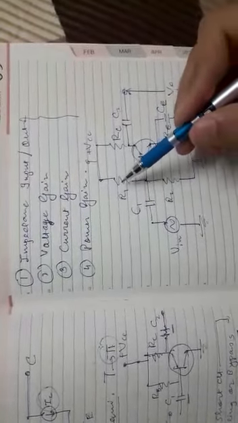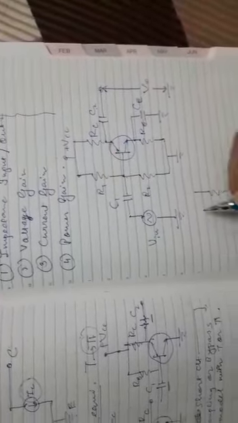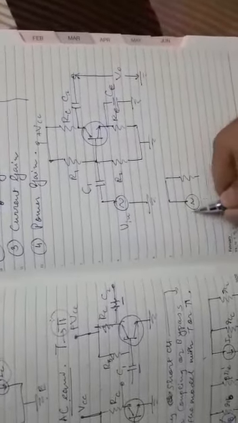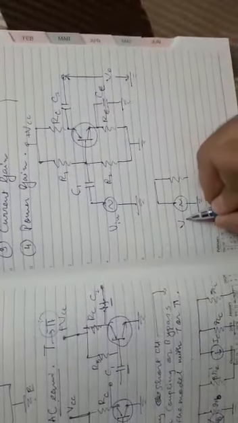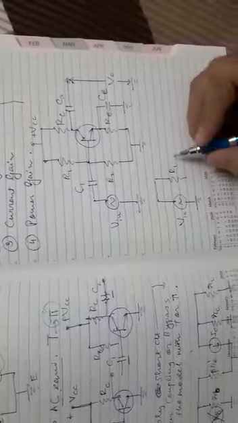So for this circuit we can draw it like that: R1 parallel to RL. This will be our supply, V input, and R1 must be